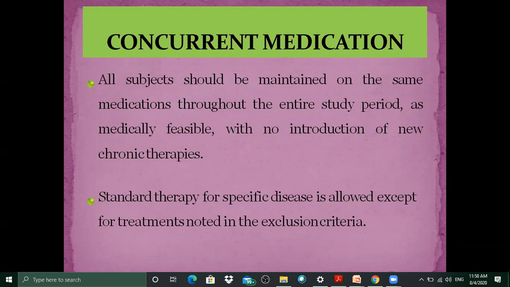So if the subject has a headache, what medication should be given? That medication should be common for each subject who will be having a headache another time. So today I had a headache and what did I get, paracetamol or Combiflam? If the next subject also has a headache, he should also get Combiflam only. So there should be no deviation. If headache is happening to everyone, 3-4 people, then they should be getting a concurrent medication which is Combiflam. So it has to be constant. If I give Combiflam to one and Diclogen to another, no, that is not right, that is not allowed. So concurrent medication has to be the same, and the concurrent medication has to be mentioned in your study design also, according to this list of adverse events, all these concurrent medications will be given.